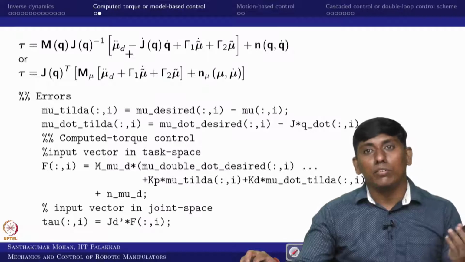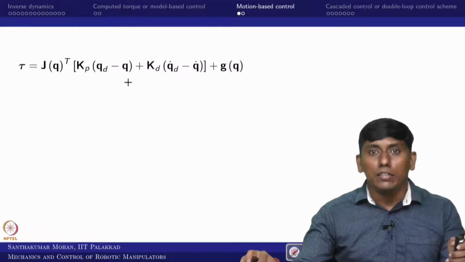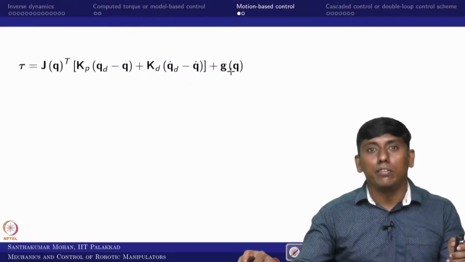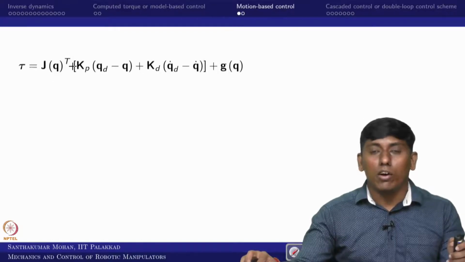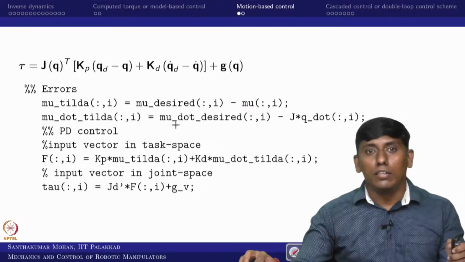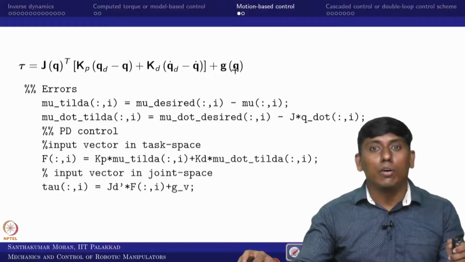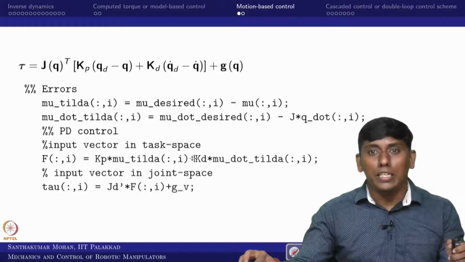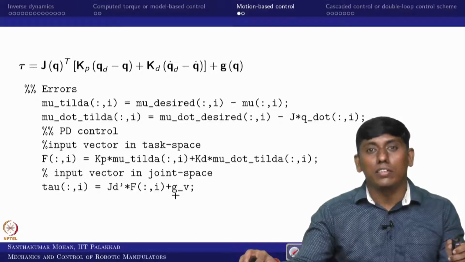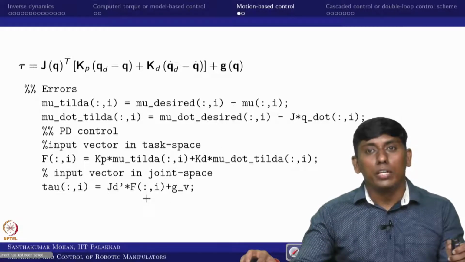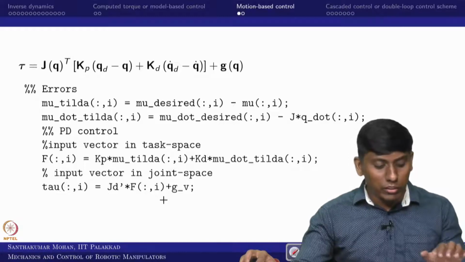In that sense, we are going for PD and PID. First PD with the gravity compensation we are trying to do. In that sense, the complex terms are all gone, and it is just J transpose multiplied with the PD and the gravity compensation. So that is what you can see, the F is added and the gravity compensation is added with this. Okay. So now we will go to this.